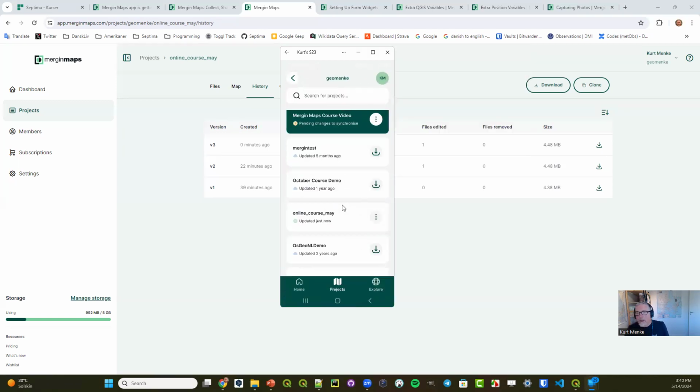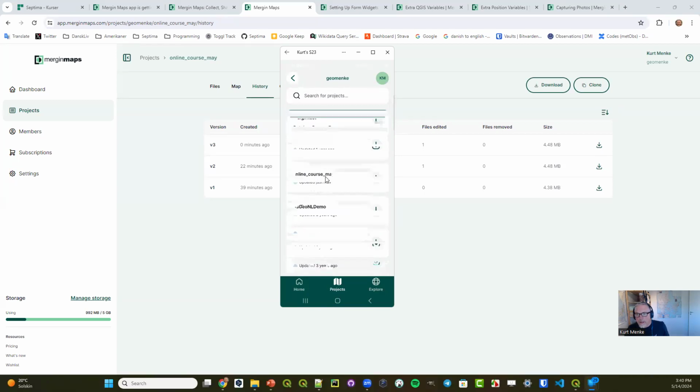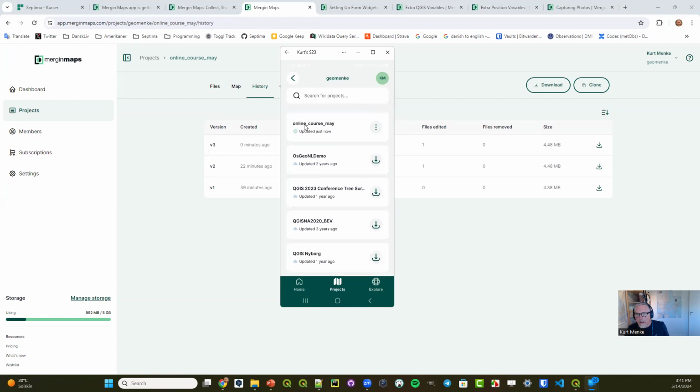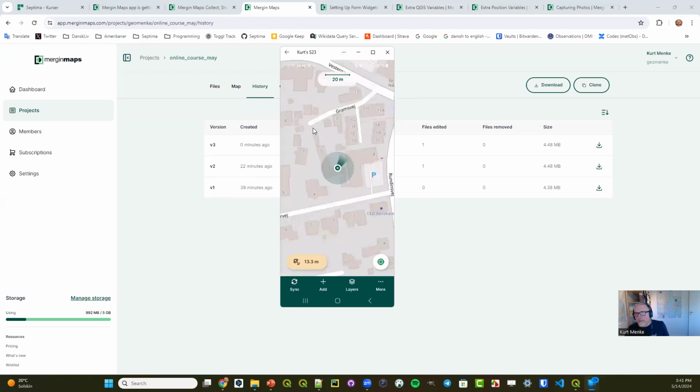Oops. And once it's downloaded, it doesn't have a download icon. It has this kind of vertical ellipsis, and it has a green check mark instead of the cloud icon. So I can double click on this to open up the project. And then we see